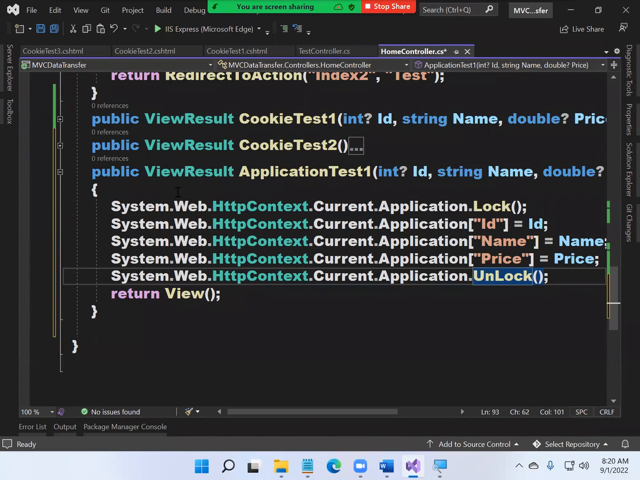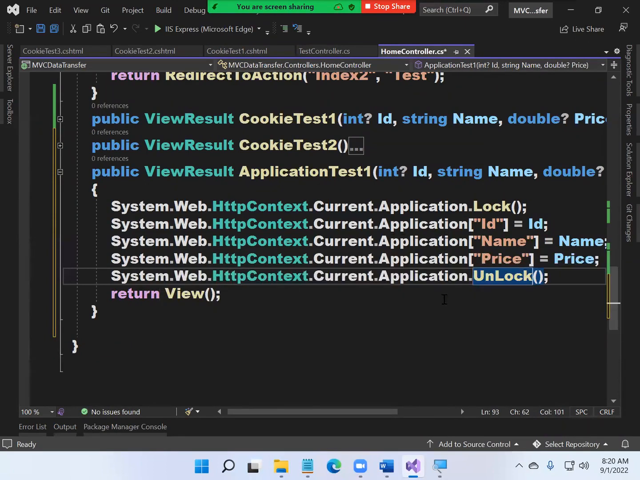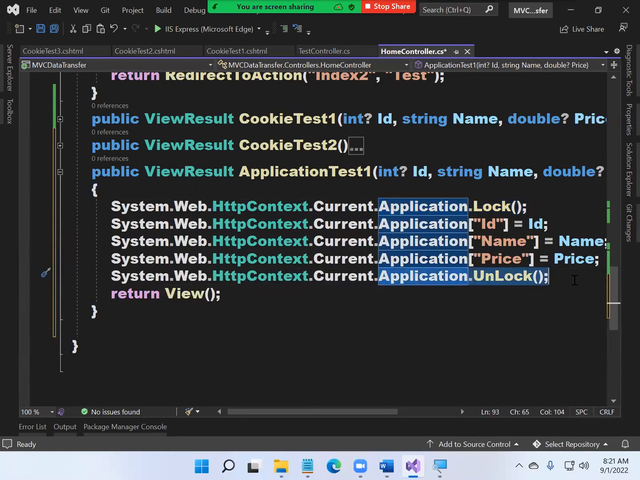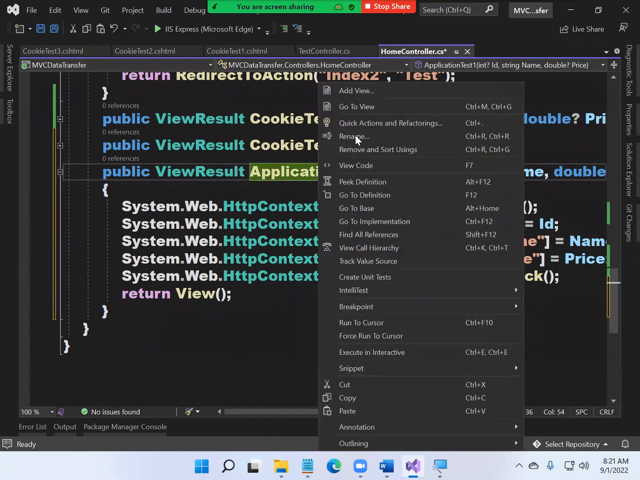It's the same with Lock. When one client is trying to access, it will lock the memory and will not give access to other people until the one who locked has unlocked. So whenever you are going to store the values in the application memory, make a habit of calling Lock and Unlock. Clear? Next, launch the view. Now you can go to the corresponding view, add view,